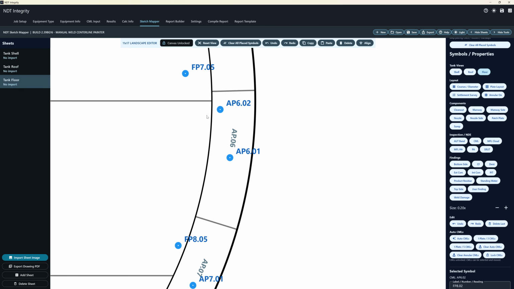And these are just generic photos. That becomes part of the photo log. You can add all your photos here for the entire tank. And then once that's complete, you can either fill out this technique sheet, upload your own company technique sheet. It's one or the other. Both of them will not go into the report. And then upload your equipment calibration. You would come over and you would import your signature. You would upload your certifications,